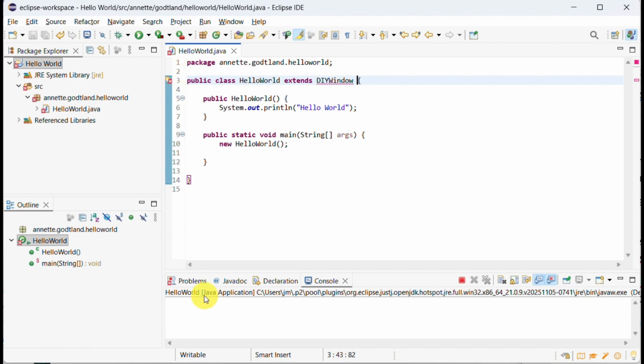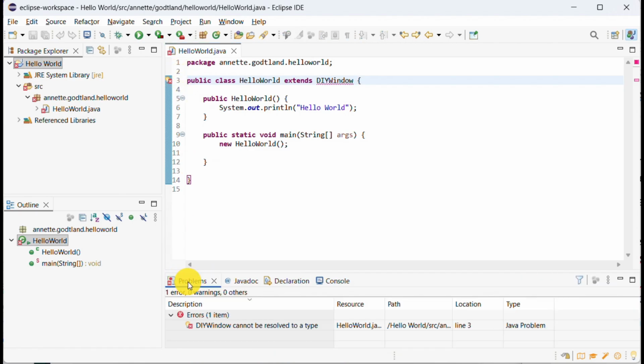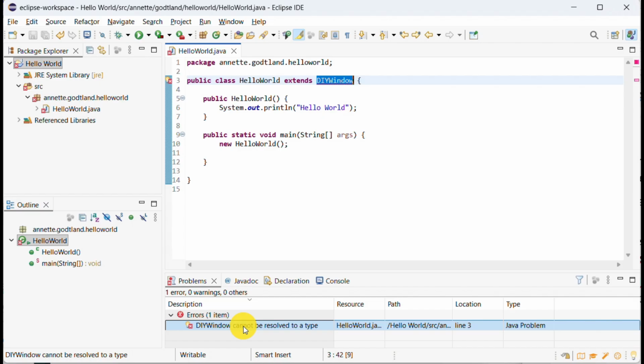Luckily, Eclipse makes it easy to identify the errors and fix them. There's an error symbol here by problems. I can click that and it shows that there's one error. It shows there's errors in the class, in the package, in the source files, in the project. And it shows that there's an error on this line, and here it shows you what the actual word that the error is on. Now, if that didn't happen to be on the screen, you could come down and always double click the error